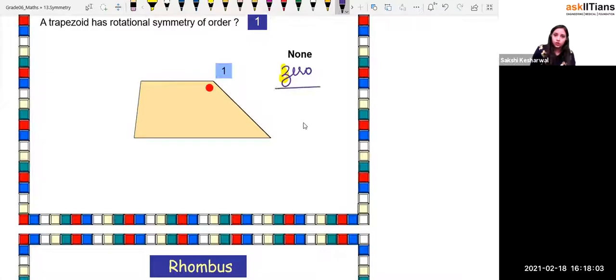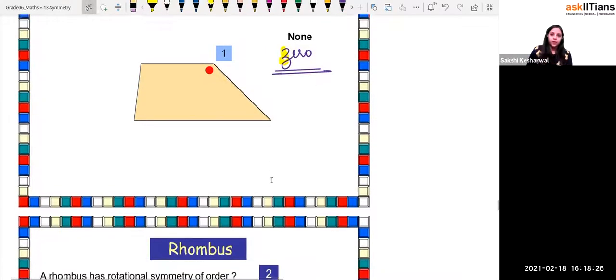So it's zero. It will not have any order of rotation symmetry, because what happens if a figure is something like this, a distorted figure, right? If I have some distorted figure like this and I rotate it from here also, it's going to be back in the original position only when it's rotated by what, beta? 360 degrees. So the order of rotation is zero over here.